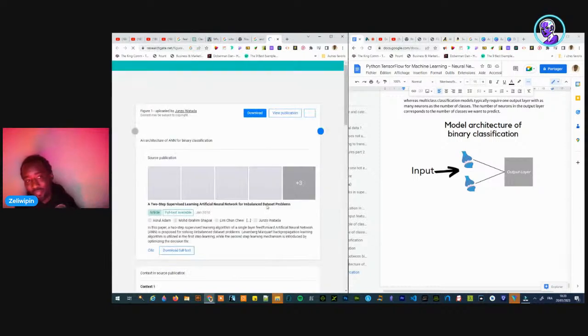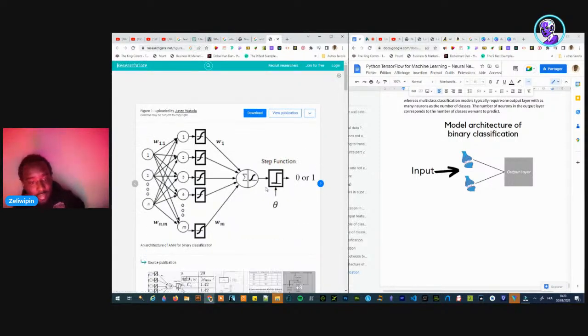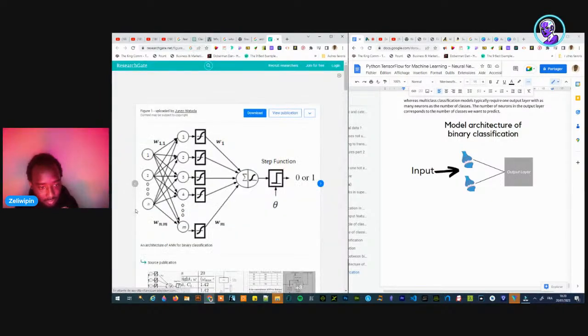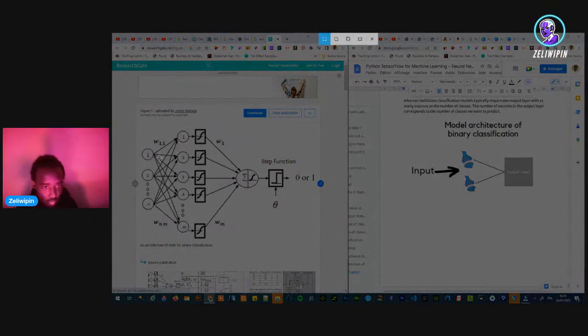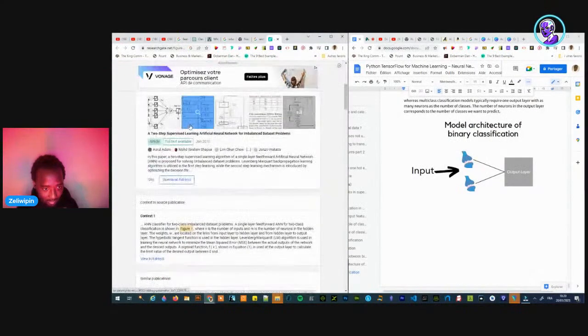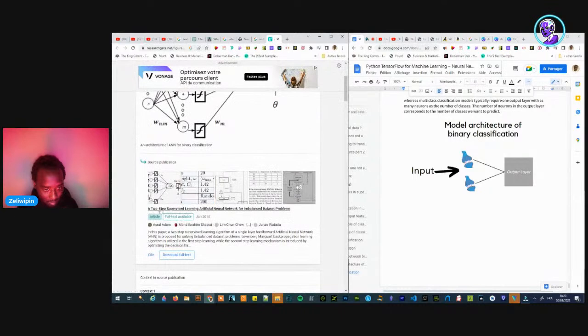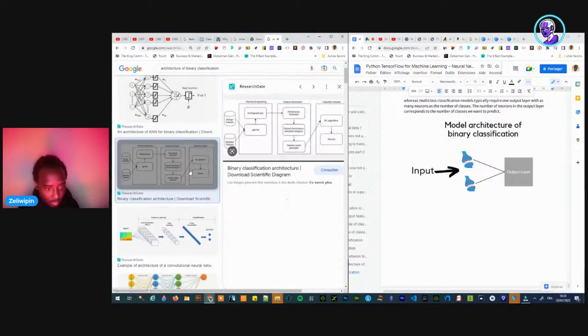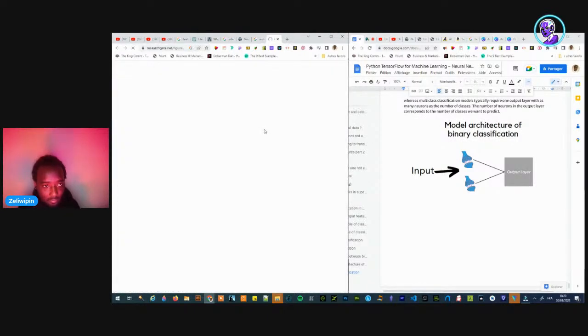I don't know if it's the right architecture though, because I don't see the 1, 2. Is it binary? No. Two-step supervised learning. No, it's not what I'm looking for. Oh, maybe this.